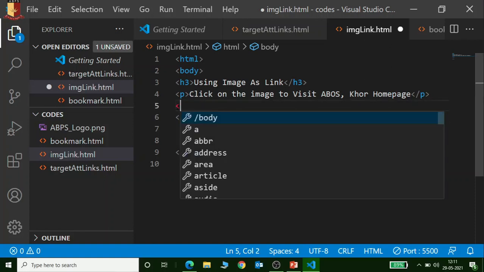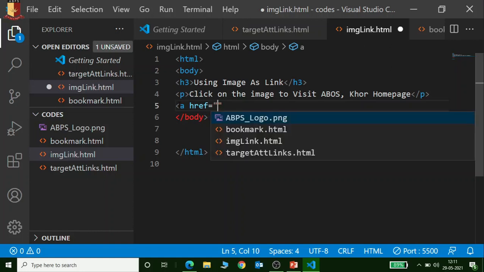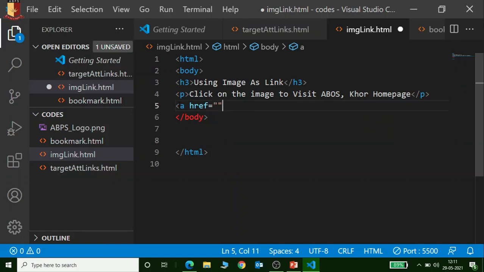Now the link, you already know, hyperlink. Okay, here we will give the link. Now after that we have to place the image also. How can you do that? You have to keep all this within the hyperlink tag, so whatever comes in between these will be part of the hyperlink.